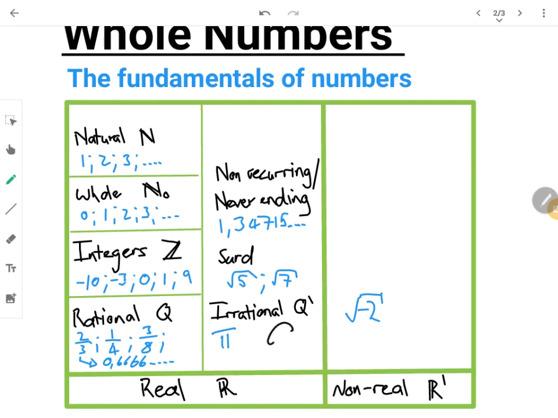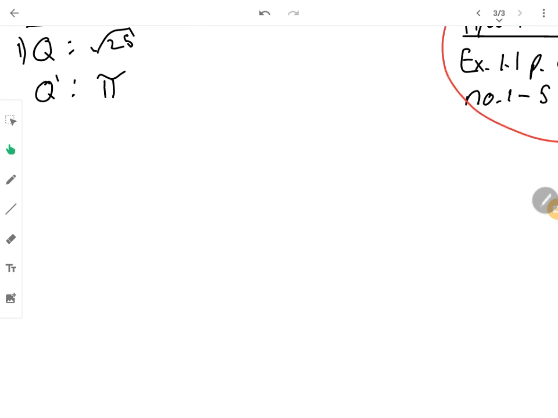So it falls in this category. Pi is also a non-recurring number because the decimals just keep on going and it never ends. There's no pattern that the decimal numbers follow. So that's just two examples